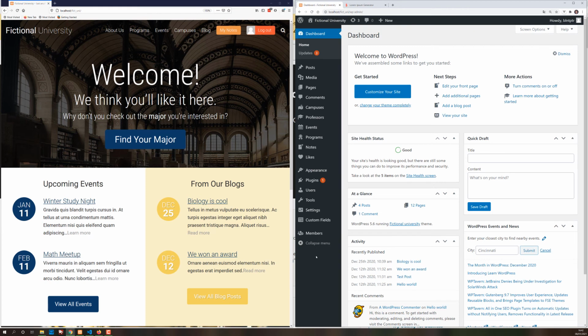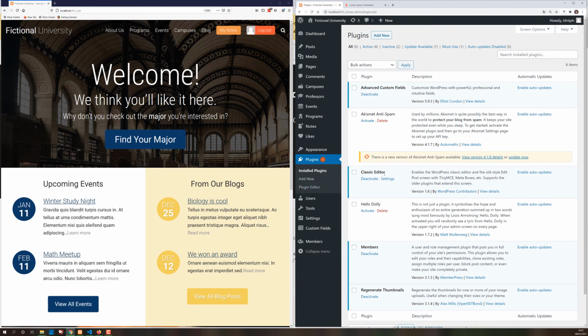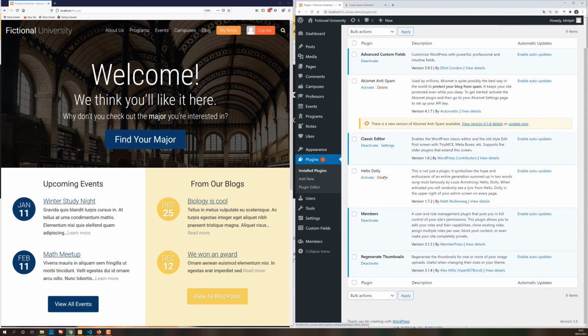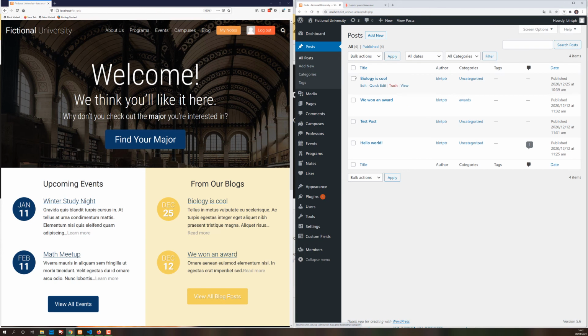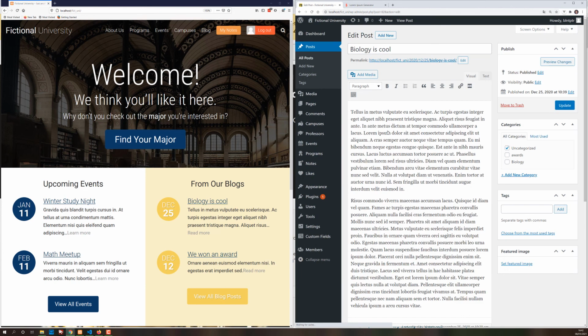the course is not completely plugin free. There's a few plugins that we make use of, which are the following: the classic editor, which basically replaces the block editor with this old style editor that you can see here. I just prefer this one. I think it's easier to manage.